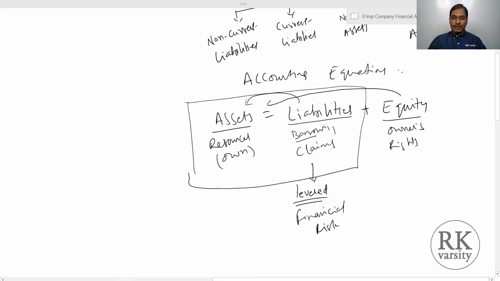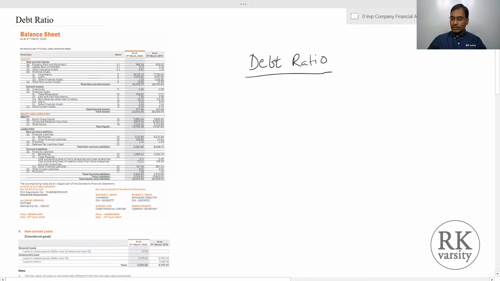you have to make a payment in the form of interest, which is shown as an expenditure in the profit and loss account. So if you have more borrowings, then your financial cost will be high, which will impact your bottom line. On the other side, as the cost of debt, that is borrowings, is cheaper than the cost of equity, the company will have an advantage of funding its assets through liabilities. Now I'll explain how to calculate, analyze and interpret debt ratio with an example of two companies.